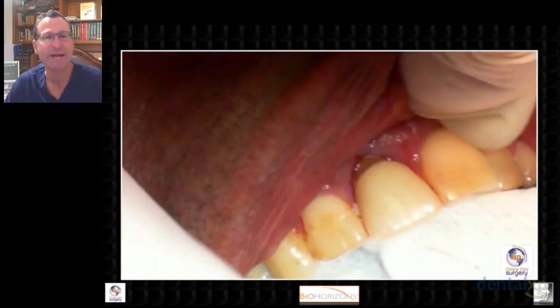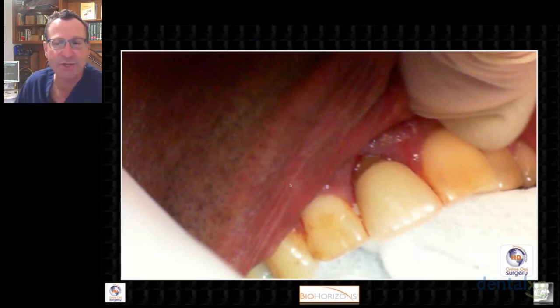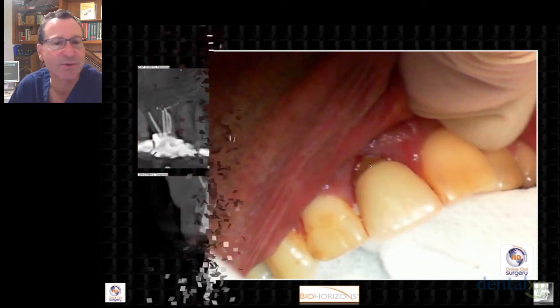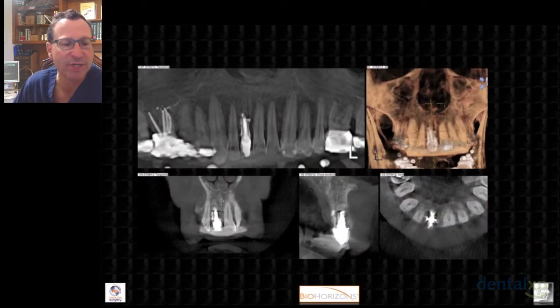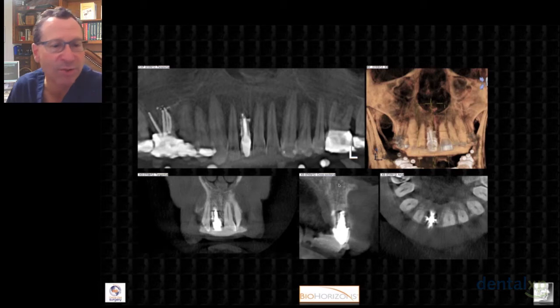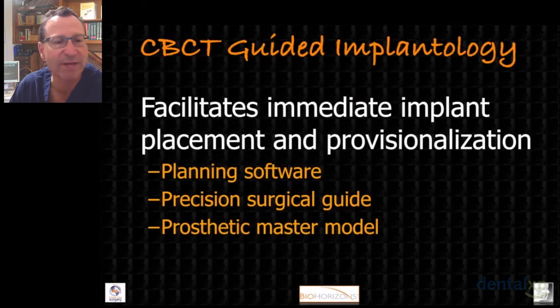So here is a patient that comes to my office. He has tooth number 8 here, as you can see, has a fistula, it's got bone loss, it's got a periapical radiolucency, periapical lesion, it's had endo, it's had apical surgery, and this tooth is basically failing. There's lots of healthy apical bone to engage, and so we're going to treatment plan this case with guided implant